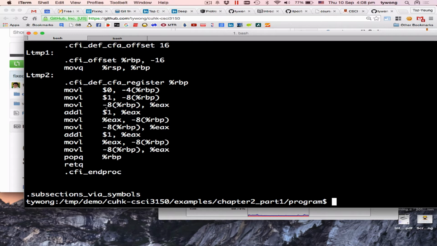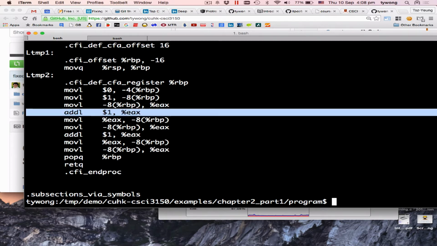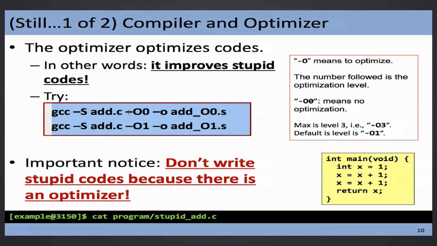The point is the $1. In assembly language, whenever you see something like this, it means a constant. $1, $2 means constant 2. So you will see that this operation, although you cannot fully understand it, is trying to add something called 1 to another thing called EAX. What is that? This line.